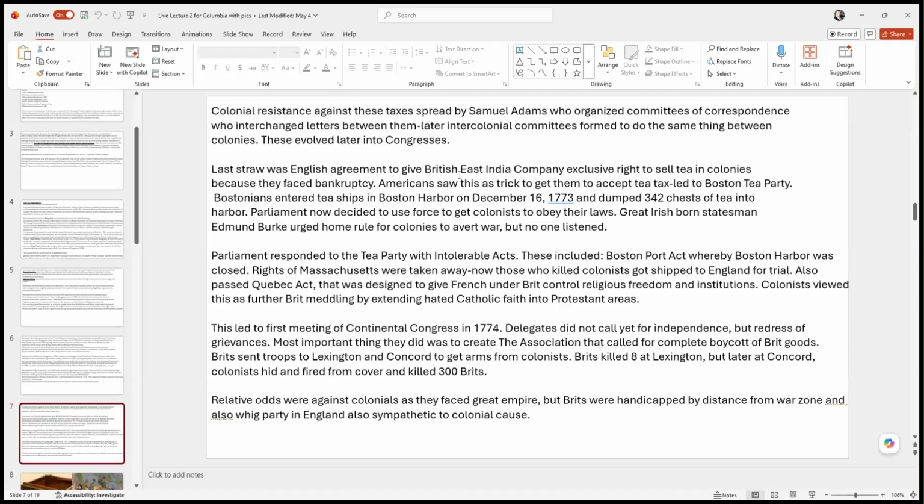And as they were having this meeting, trying to discuss what they were going to do about all this, the military law and those kind of things, the British military found out that the American colonists had stockpiled muskets and ammunition, black powder at a couple different places, Lexington and Concord. So they sent British troops to those places to seize those arms caches. And at Lexington, they were met by colonial militiamen. Gunfire was exchanged, and the British ended up killing 8 American colonial militiamen.